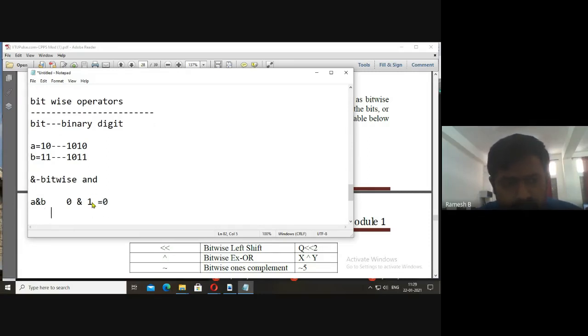Now similarly, come here. The next bit is 1 and 1. This is units bit. This is tens bit. This is hundreds bit or third bit. This is fourth bit, like this. This one is known as least significant bit. The last bit is known as least significant bit. Here it is known as most significant bit. So we will start from least significant bit. First we will do AND operation for 0 and 1. 0 and 1 is 0. Next 1 and 1. What is 1 and 1?